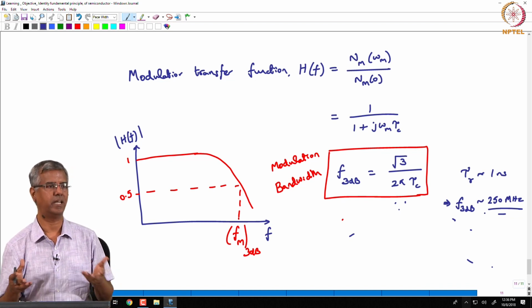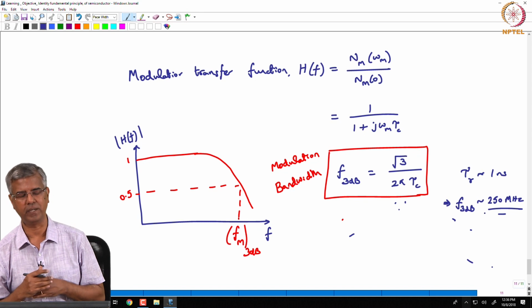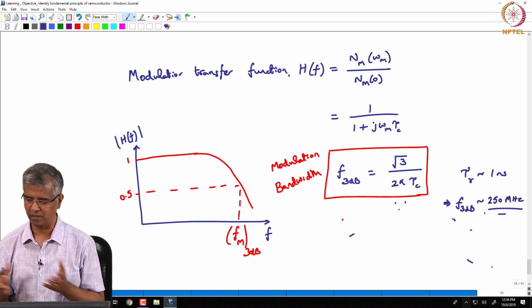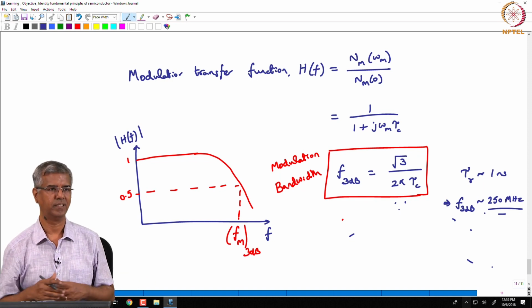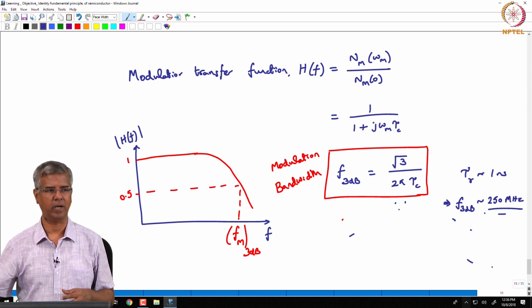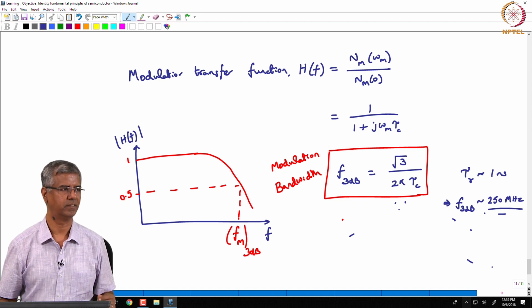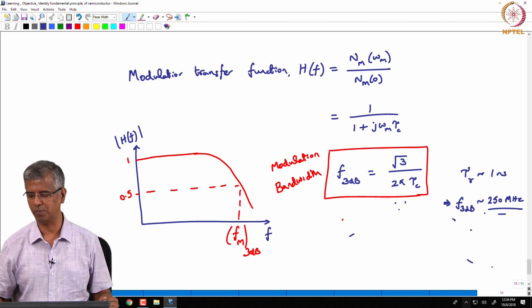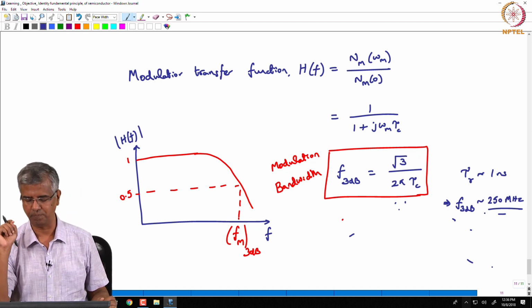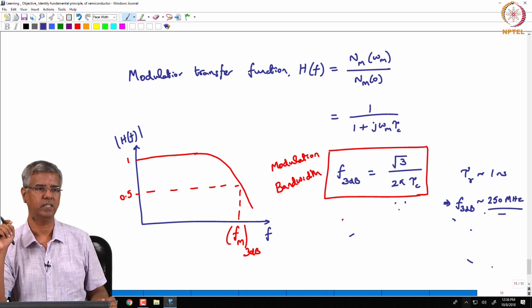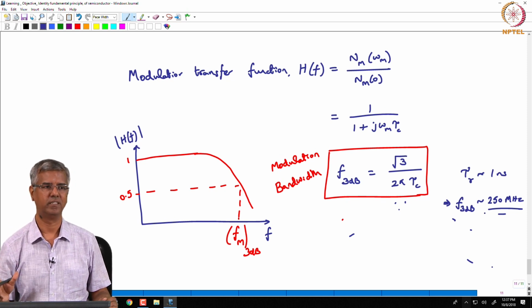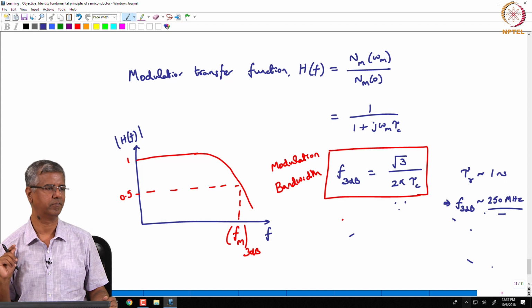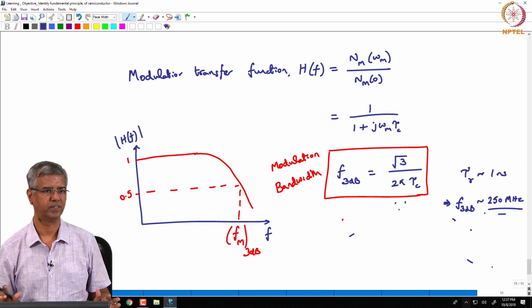But still that modulated component you can pick up and you can do things with that, or even if it is f10 dB, f20 dB, corresponding to that you have higher modulation bandwidth, right. So, if you can pick up that modulated component precisely, you can still do it at higher frequencies, okay. This is not like a hard set limit to the modulation that you can achieve, it just gives you an idea. Do you understand this?